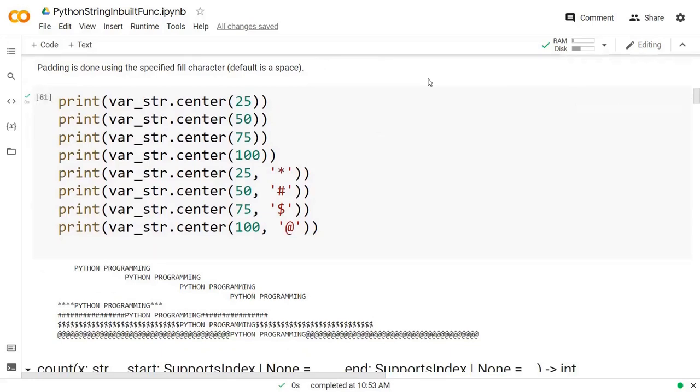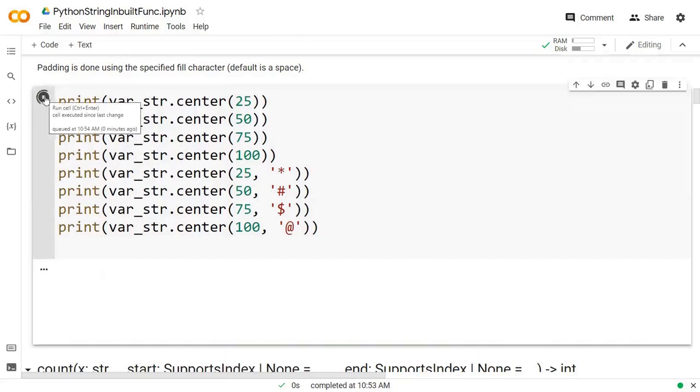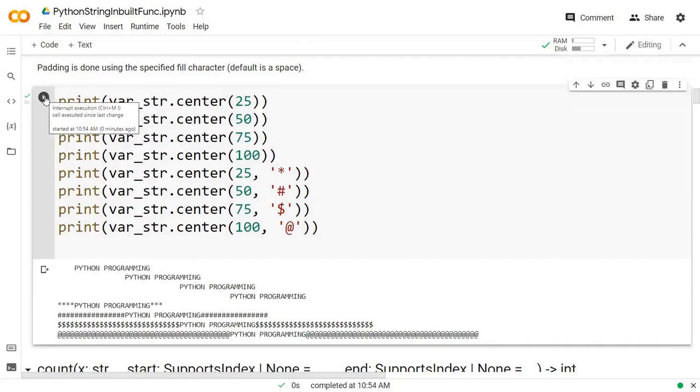You can see in the very first one, my string, Python programming, is 18 characters in size. Right here you can see that it is moving my string in between 25 characters, so it is leaving 7 or 6 spaces in the front and the remaining space in the back.